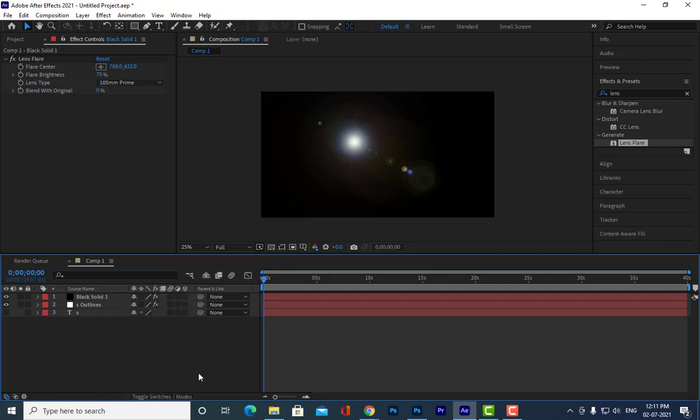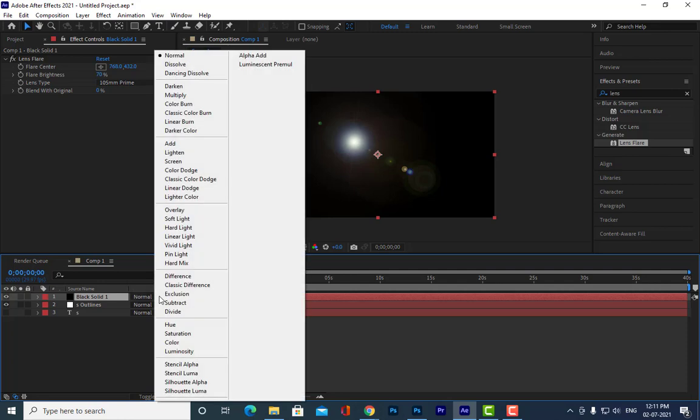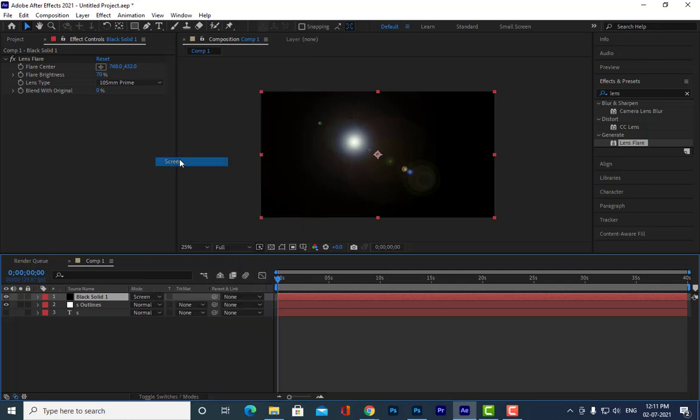Then you will be able to see the blend mode. So we will change the blend mode of this black solid to, let us say, screen. Now you are able to see the text. Is it clear, all of you?